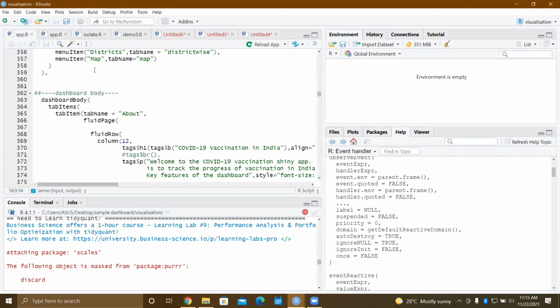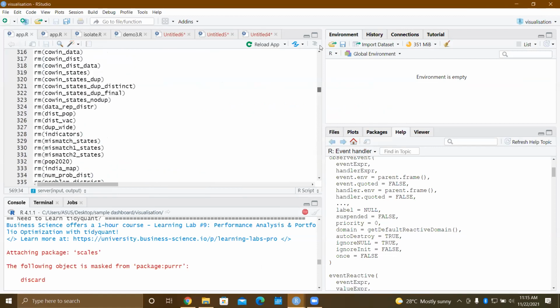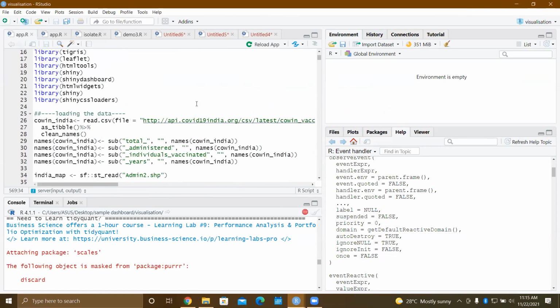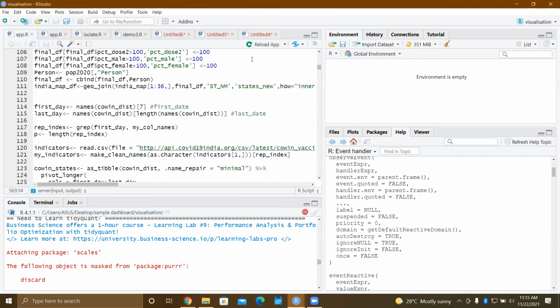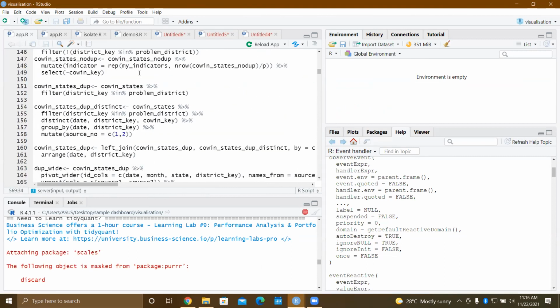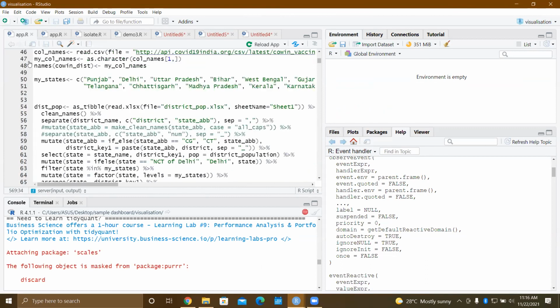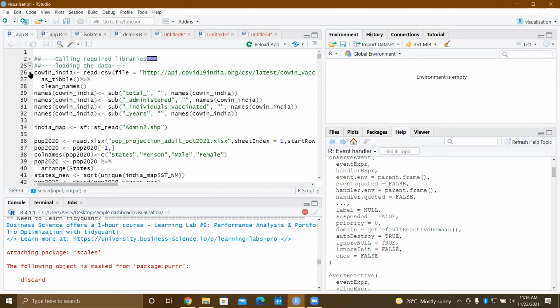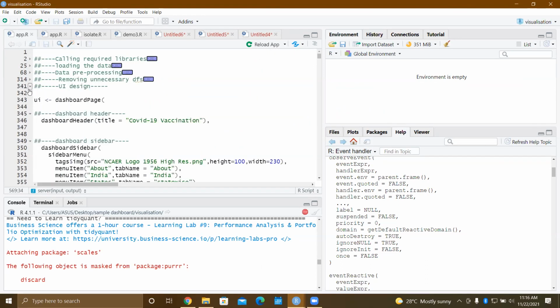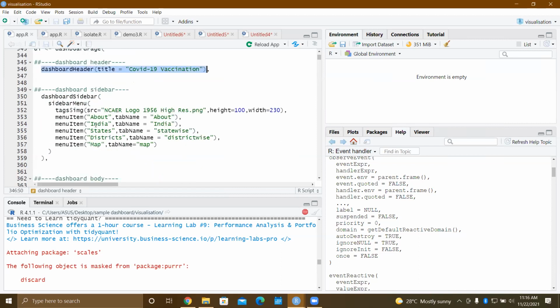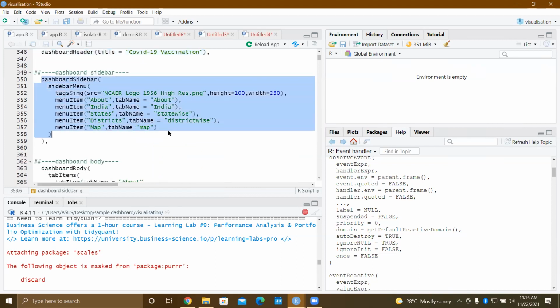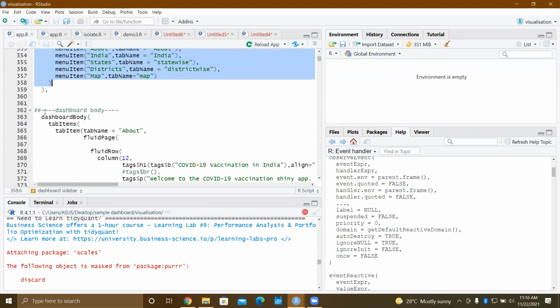Inside dashboard page, you can create dashboard header, dashboard sidebar, and the sidebar menu about India, states, district, what I have done.